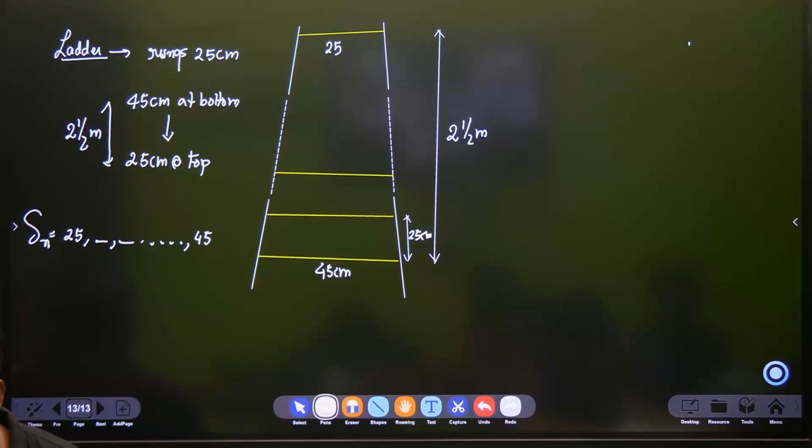So overall spacing how much is it? 250 centimeters is the spacing. 2.5 meters means what? 250 centimeters. And rungs are how many apart? 25 centimeters apart. So you divide 250 by 25. Then how many rungs are you getting? 10 rungs. So your n value has already come. Then you don't need any d. You have a and you have l. Sn equal to